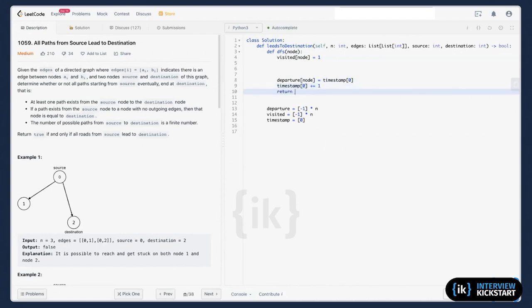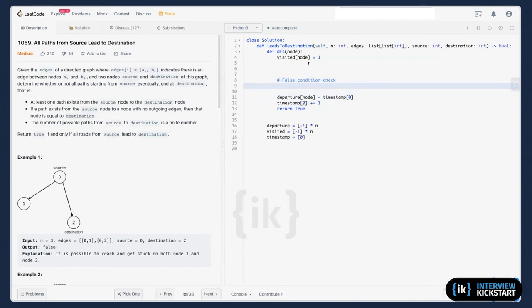And for this one, I just need to return true or false. If I can get to the destination, I will return true. Otherwise, I return false. Probably I need to add some check here for the false. Actually, it doesn't matter before the departure or after. Okay, I will put it here. I will add code later here.